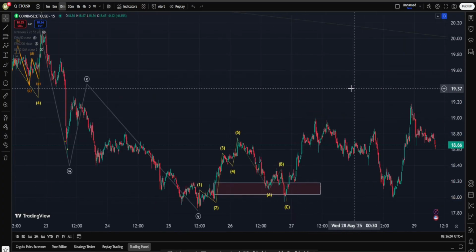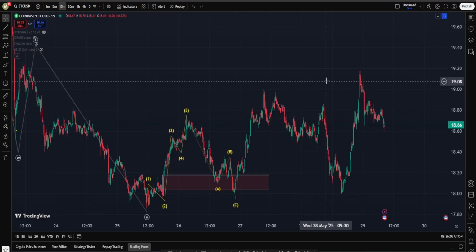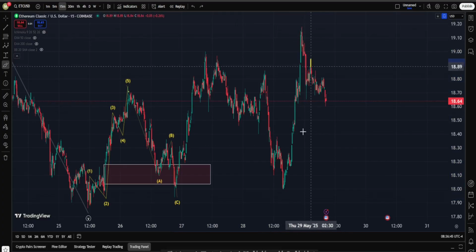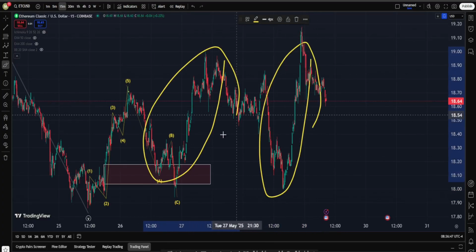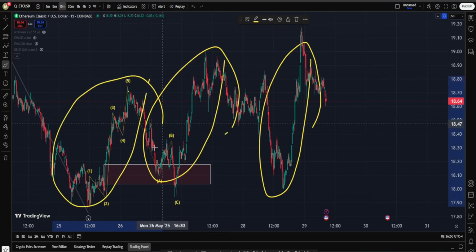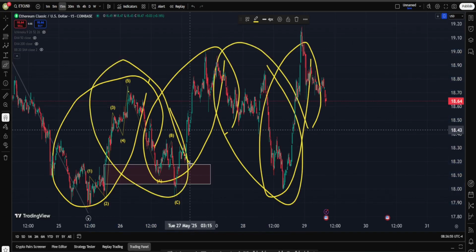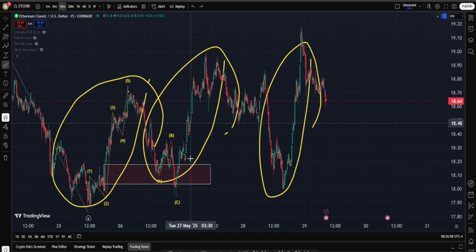Now, why did I say at the beginning of the video this is a fascinating chart? Okay, let's count some waves. I think in ETC there's a good argument to be made for this move up to be in form of a 1, 2, 3, 4, 5 wave impulsive structure, starting from this point to about this high. And also, in my opinion, this is yet another 1, 2, 3, 4, 5. Now, pay attention. This wave is bigger than this one, and this is bigger than this initial move on the upside. Also, this move down is actually bigger than this thing,